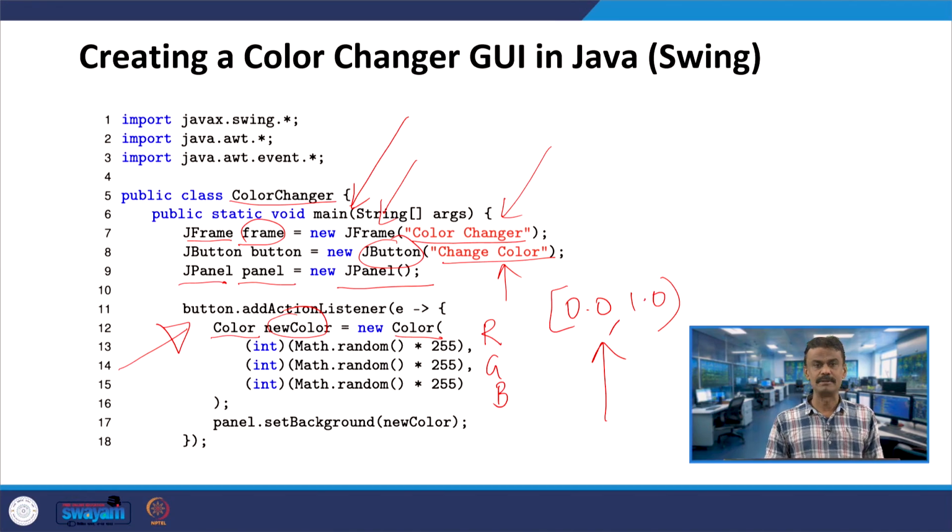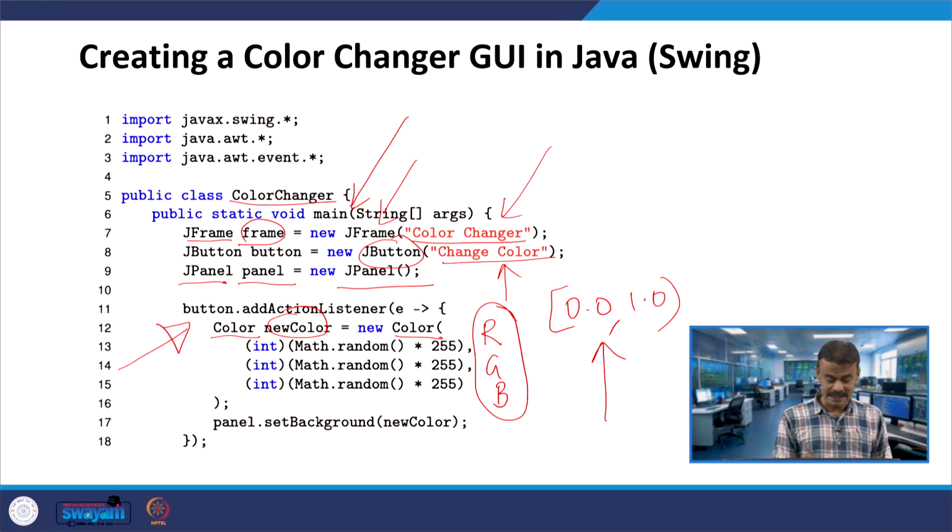Multiply with the 255, so you will get the number between 0 to 254. So, that means R value, for example, R you are getting 100, G you are getting 200, B you are getting 220. So, this will form one color. So, that is why we have put this. So, some combination of colors will be generated.